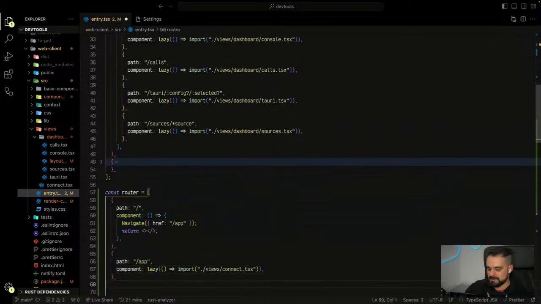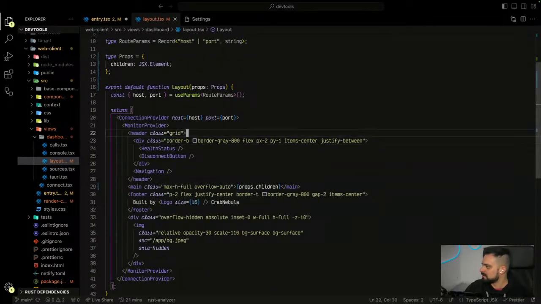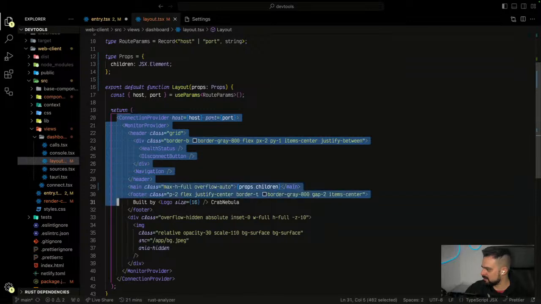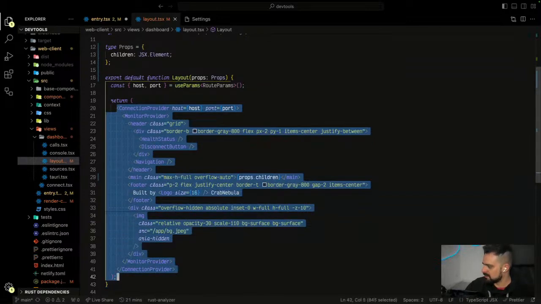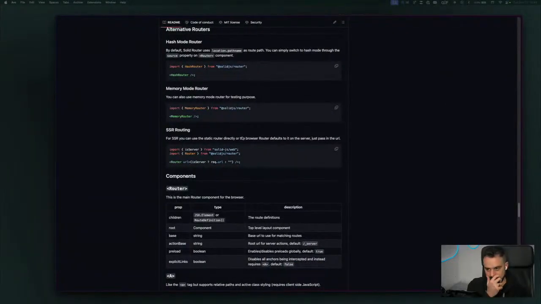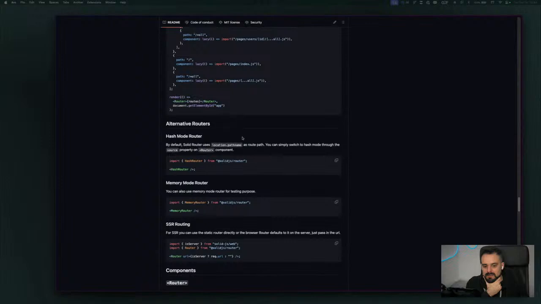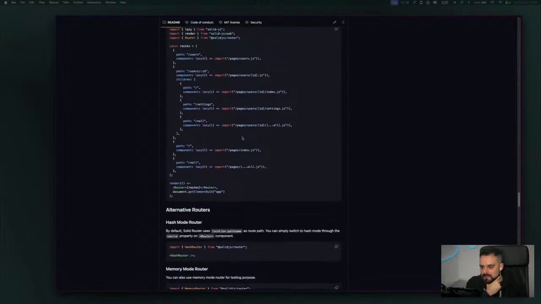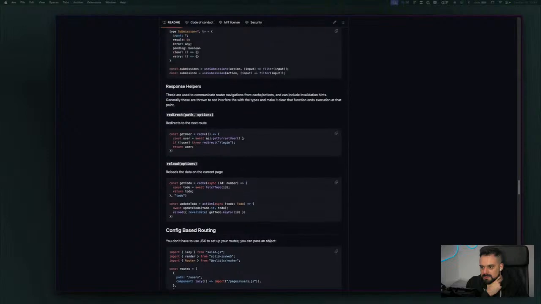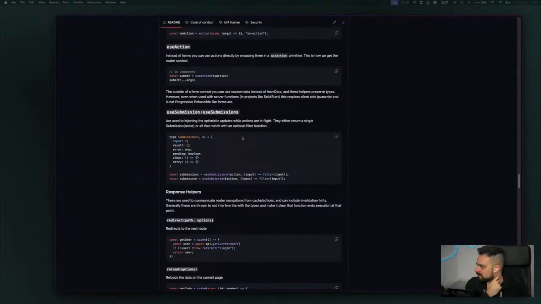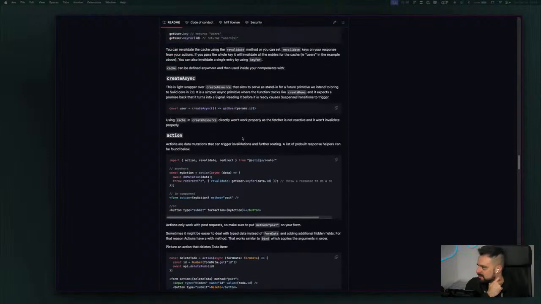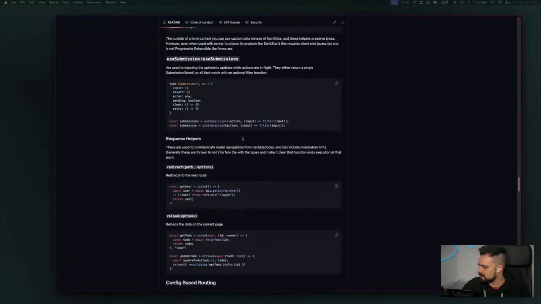So is my layout broken? Layout default function comes back with a few providers. So it shouldn't be the case of my layout breaking the app. No, we don't have submissions, we don't have actions. Yeah, nah. What I want to know is